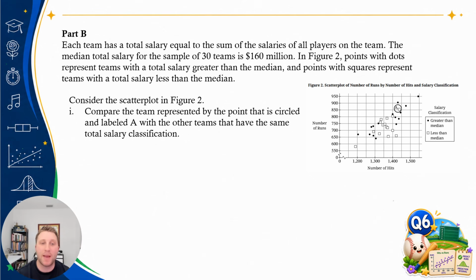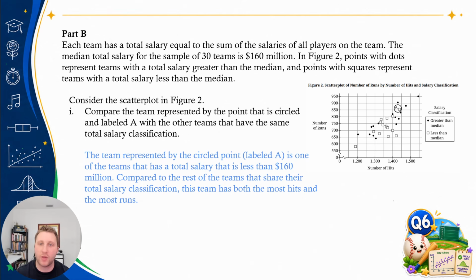We're asked to compare the team represented by the point that is circled and labeled with the letter A with the other teams that have the same total salary classification. So I said the team represented by the circled point labeled A is one of the teams that has a total salary that is less than $160 million. Compared to the rest of the teams that share this total salary classification, this team has both the most hits